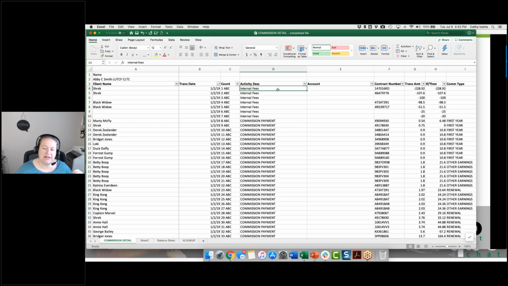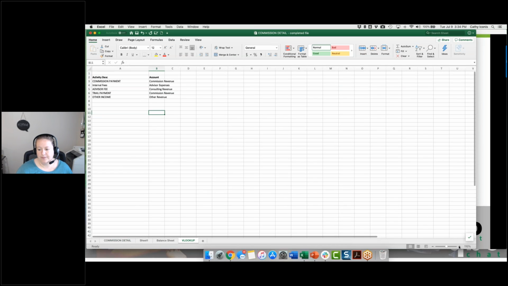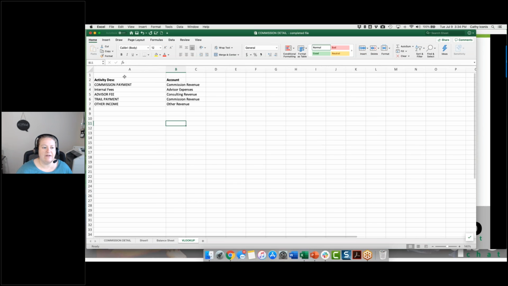Anytime I see internal fees, I want to put in this, right? So this is where I use a VLOOKUP. I have this reference that I set up, right? Let me make it a little bit bigger. So we have the activity description over here,